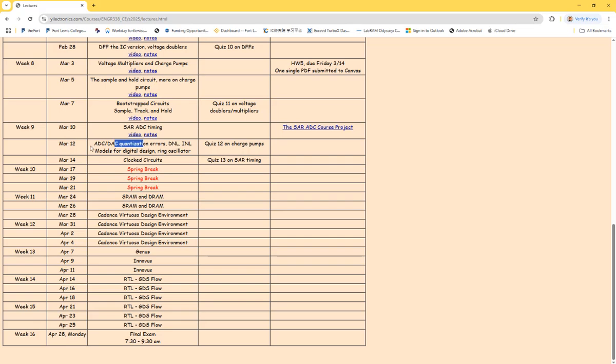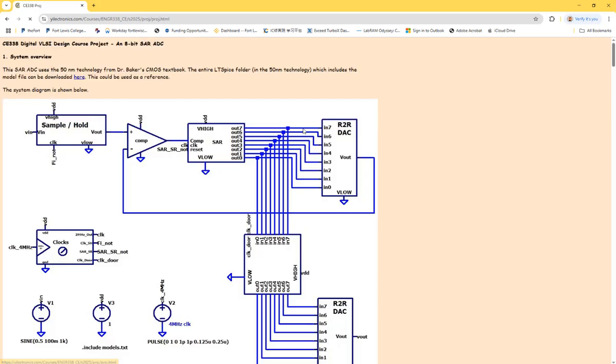So today's goal is to look at the quantization errors of the ADC and also the nonlinearities, including differential nonlinearity and integral nonlinearity. You can see the description from the handouts, and these are directly printed from the textbook. So how do you calculate it and how are these getting simulated? If you click the link over here for the course project,